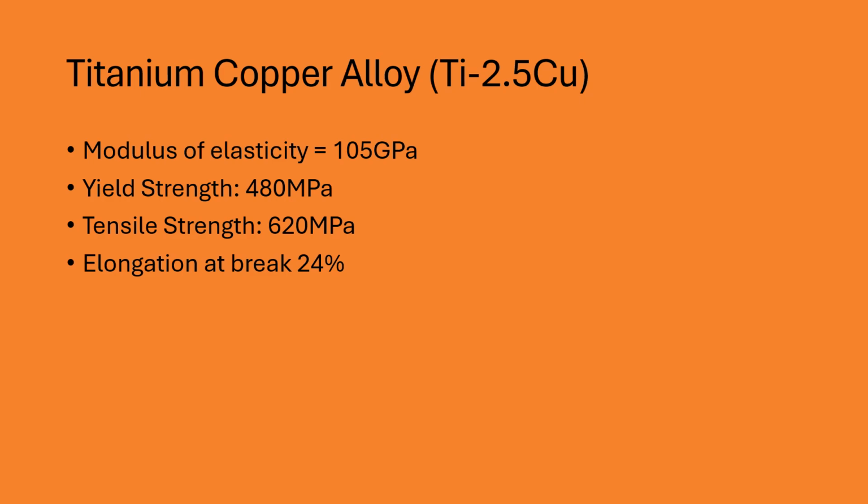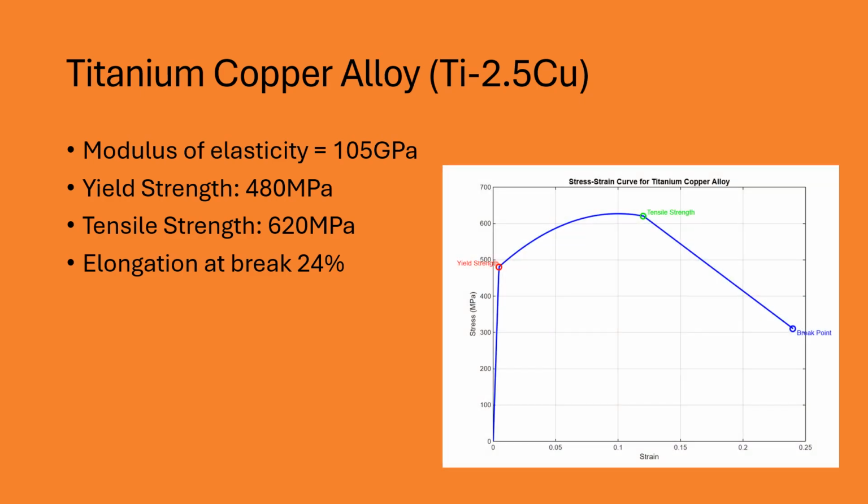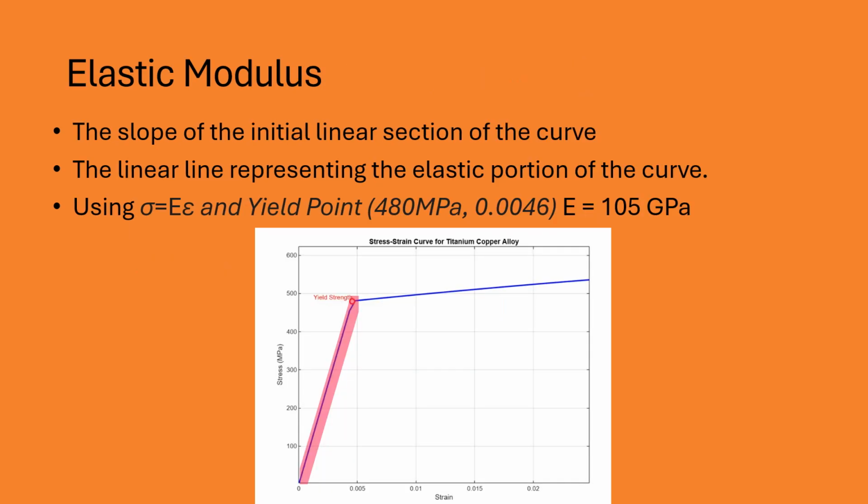Titanium copper alloy. In this alloy, we have titanium and 2.5% copper. Here's the graph, the stress strain curve graph for this alloy. As you can see, the strength is much higher than the previous metals. The elastic modulus is found the same way as the other two metals, and here we can see the linear line